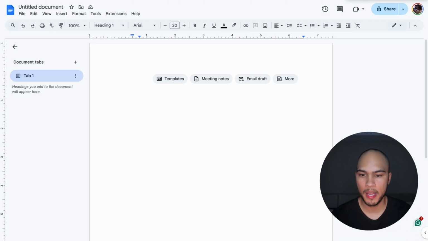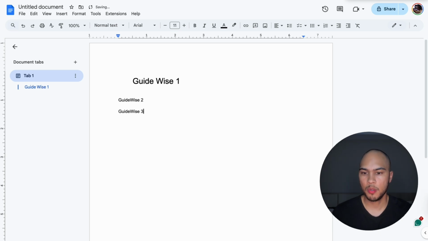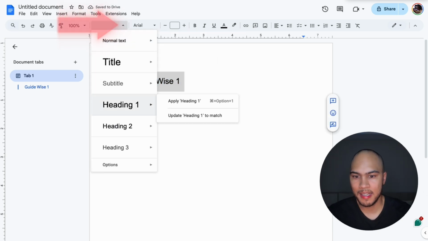Once you enter Google Documents, you want to type your headings. So we are going to say GuideWise 1, GuideWise 2, and GuideWise 3. So what you want to do is highlight all of your headings and go and add heading